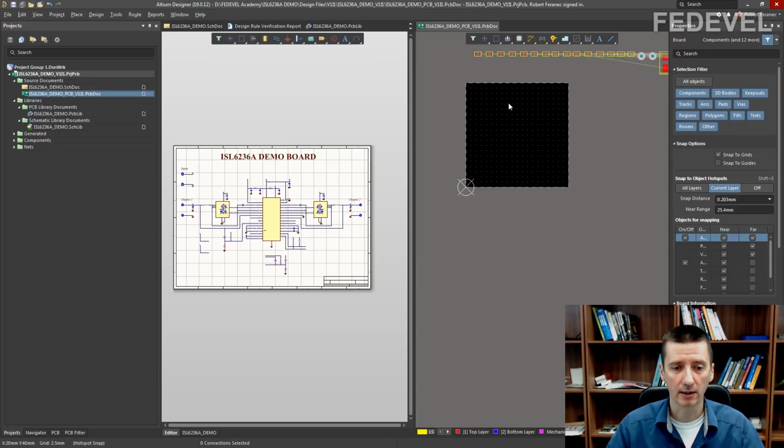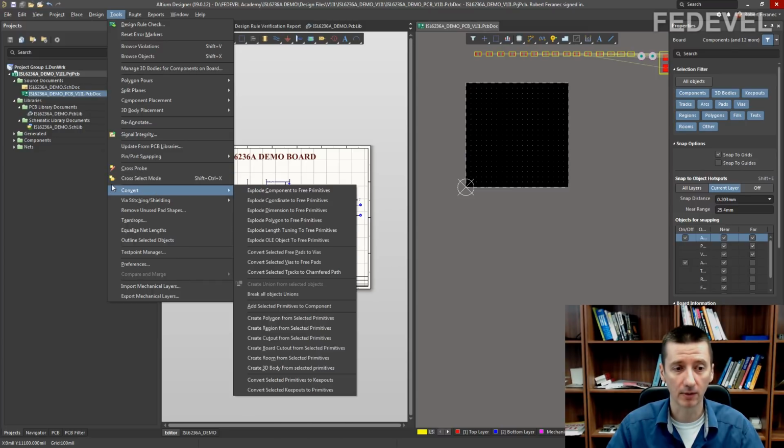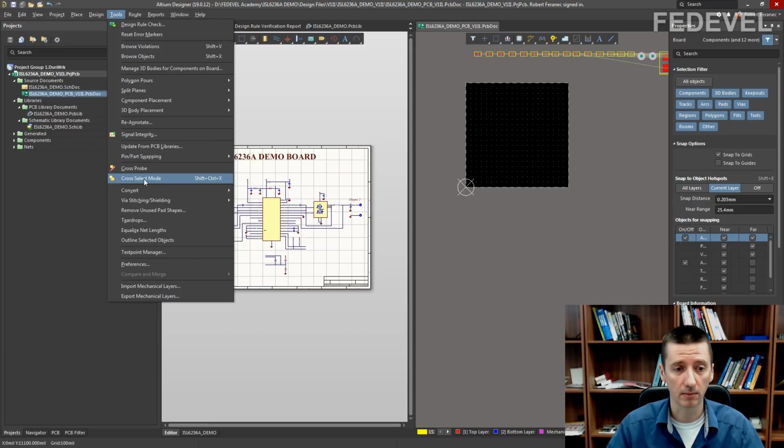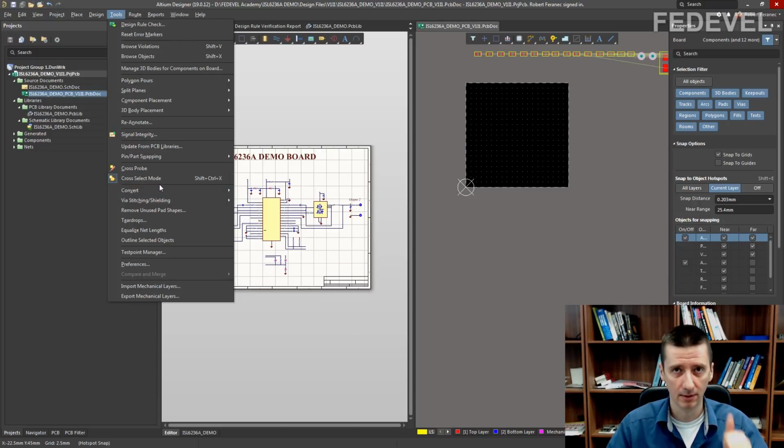Also, double check if you have cross select mode active. Go into Tools, and double check this, what is here. When this cross select mode is active, there is a blue frame around this icon. At this moment, this mode is not active, there is no frame, see? So just left click on cross select mode, go into Tools and double check, okay? Now there is this blue frame, it means cross select mode is active. Perfect.